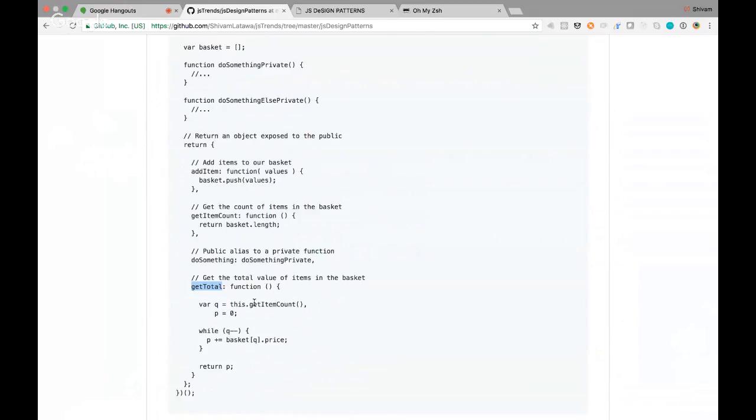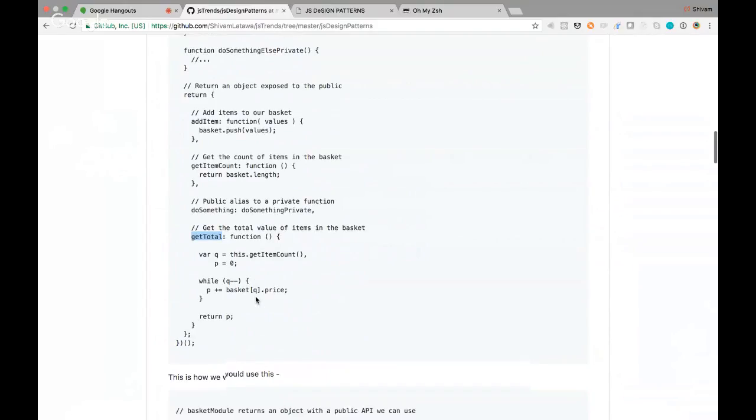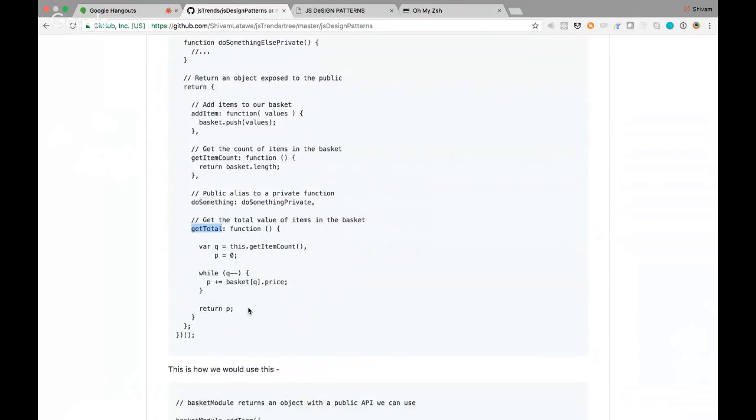Say you want someone from outside to just add an item to your basket, and you will do some manipulations on that, and you want to get the item count, so you will expose this get item count method, and also the get total method that you can access from outside. And inside this you will do some internal manipulations to your data, like how the price is going to add up. So how you will use this pattern is,